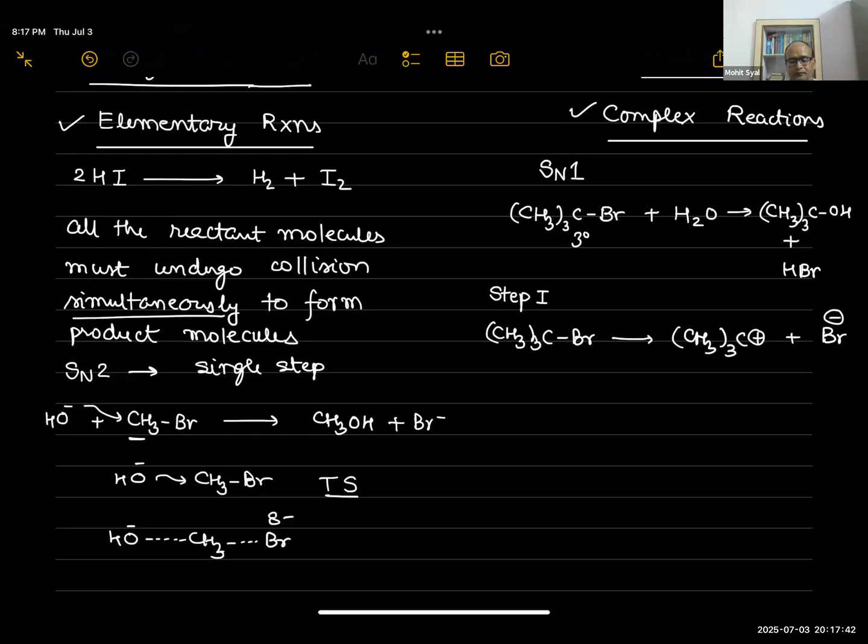Clear or not? This is because it is multi-step, so there could be some slow or fast step also. This is a slow step leading to the formation of the intermediate, the carbocation intermediate. Then, because all the reactant molecules have not participated in just one step,